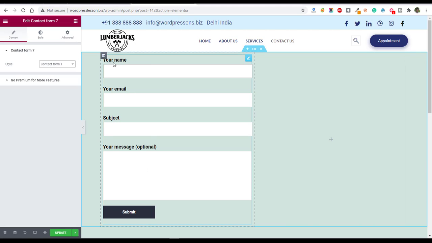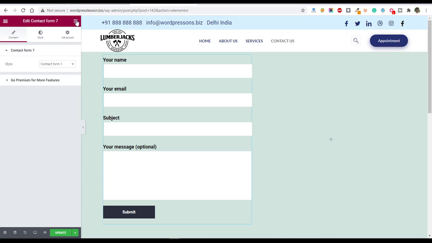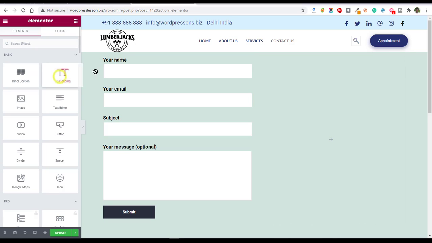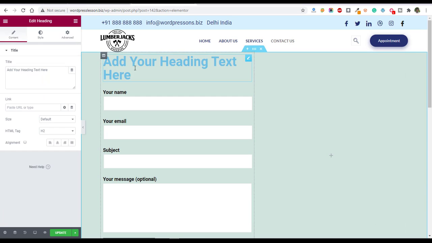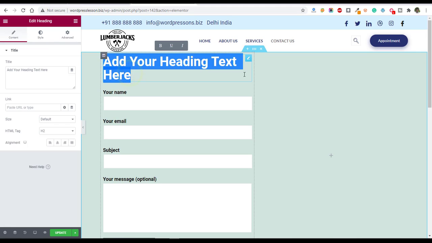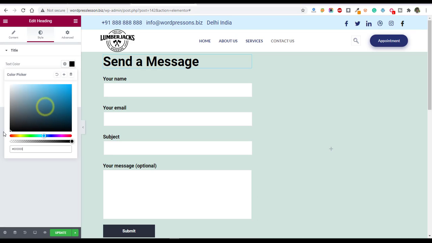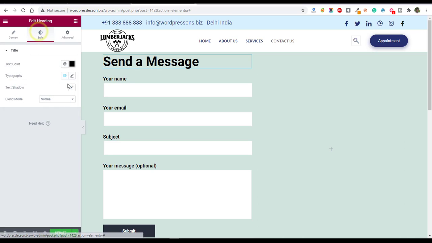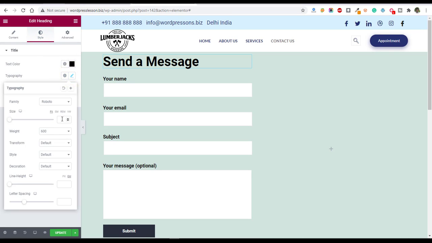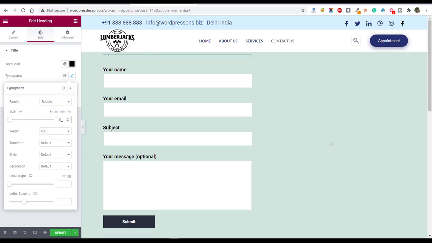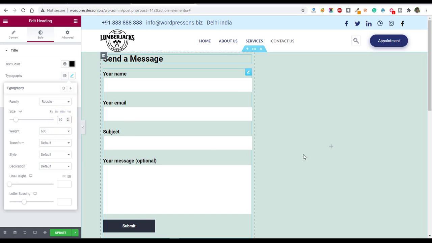Now I am going to add one header before that. Make it black, and after that make it size 30. Okay, and here we are going to put some address.